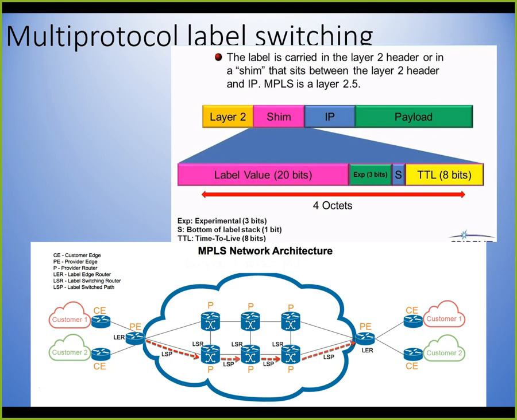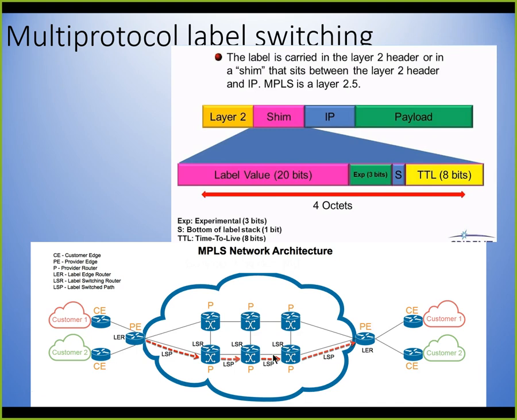It says it's carried in layer 2, or it's sometimes called layer 2.5. The shim gets put between layer 2 and layer 3, between the MAC address and the IP address. The hardware that's required, we have the customer's edge, that's us, our router, and then the provider edge. Here is a label edge router. So as we go into our provider, whoever it may be, it's going to start putting labels on these things. And it's going to insert this shim, and the shim is then going to, based on where it's going,